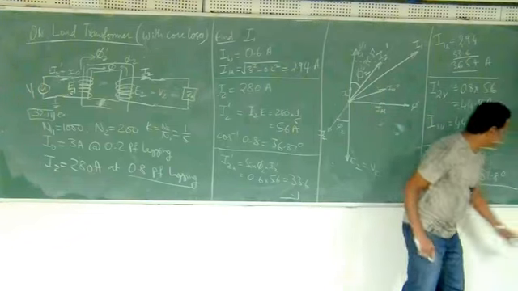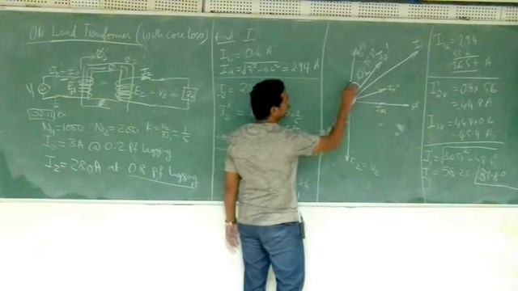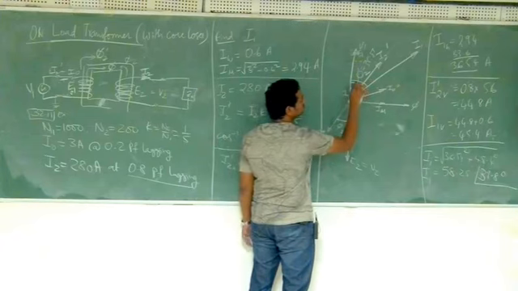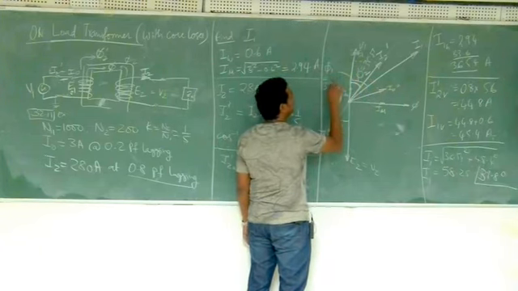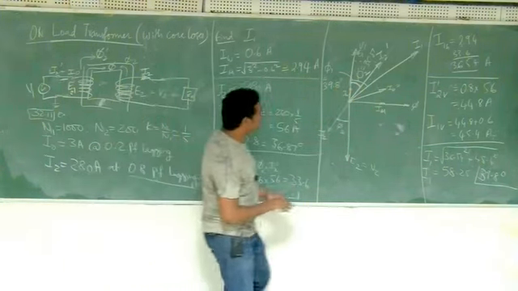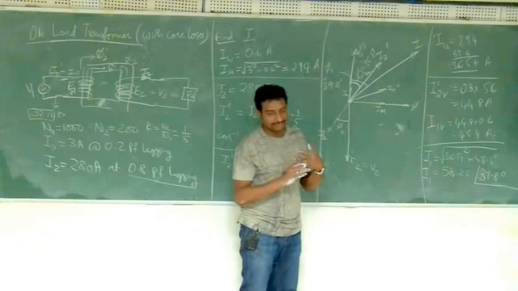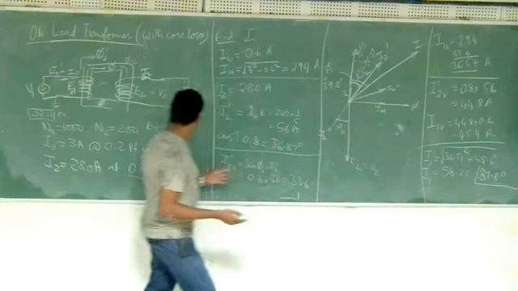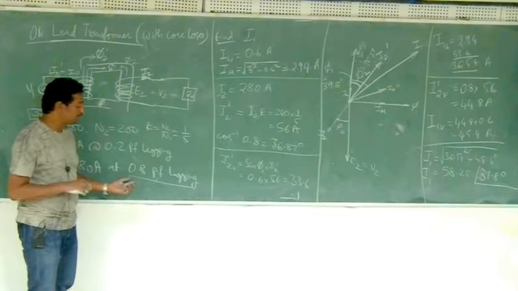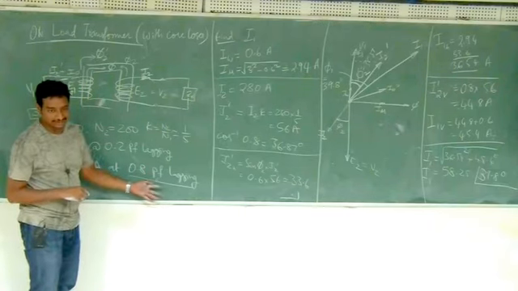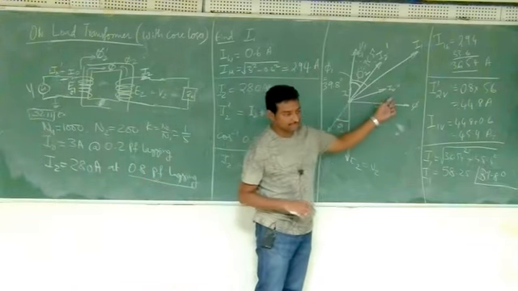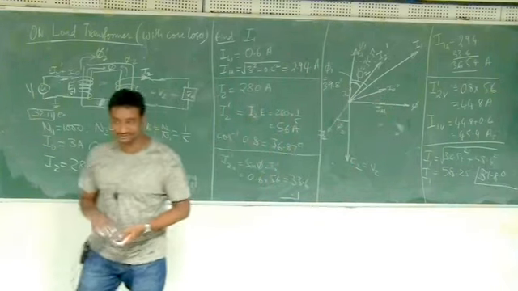So now you notice this angle. See, this is 36.87. Slightly it is more. This angle between V1 and I1, how much is that? Phi 1 equal to 39.8 degrees. So if you find the power factor, cos of this 39.8, it will be slightly less than 0.8. Because the power factor of the secondary is 0.8 lagging, the power factor of the primary will be even poorer than that. So it will be 0.79 or something like that, lagging. Why is it slightly poorer? Because in between we have one more lagging current. Because of that, slightly it is going like that.